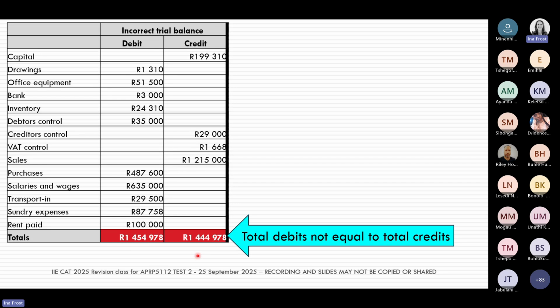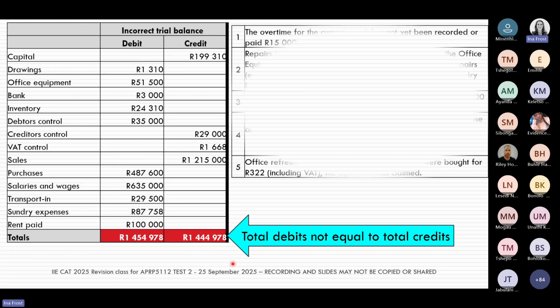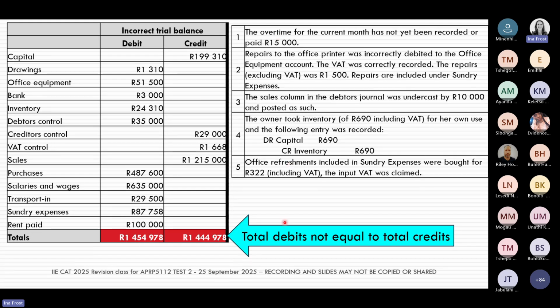So immediately we know that there must have been some errors that were made when we either posted to the general ledger or when we recorded it in the general ledger, and that is now why our debits and our credits are not equal. Then in these types of questions, we'll again give you a list of information. And so these 5 points now tell us what corrections we have to make so that our debits and credits are actually equal. This is kind of similar to our creditors reconciliation, in that you will have to